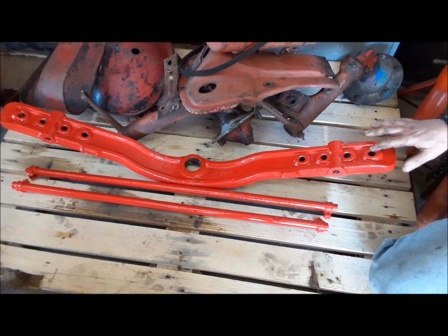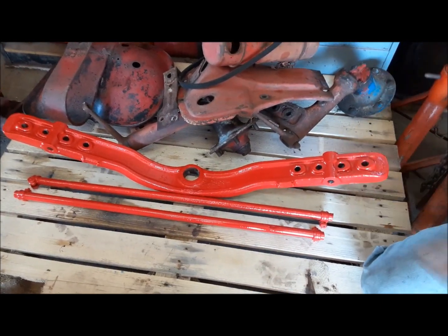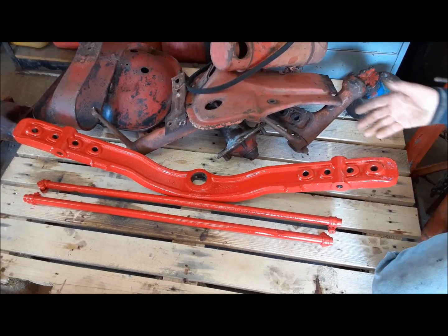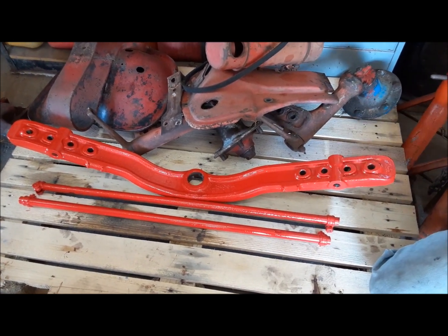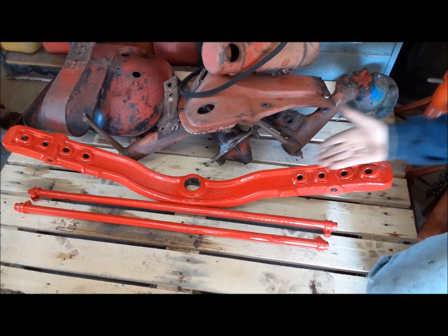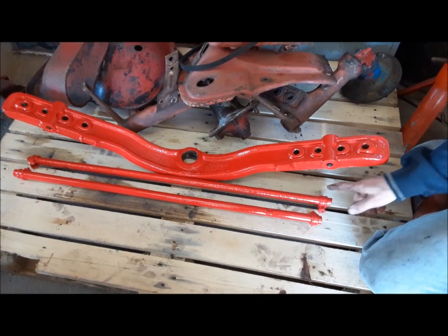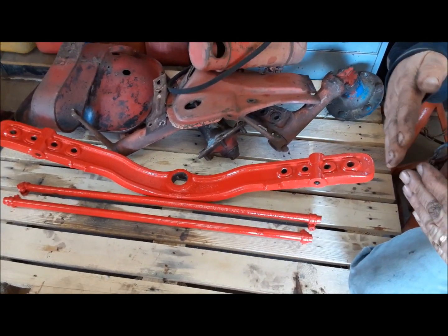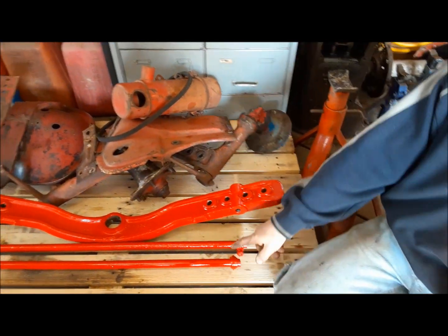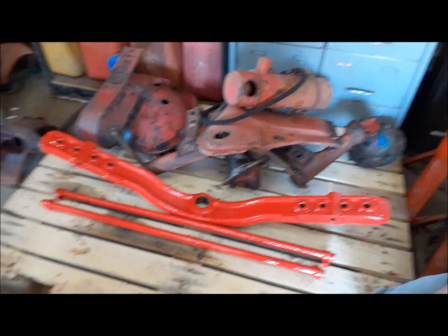So these tractors, all the Fords, the little Fergusons, they have what we call a swept axle. You can see it's like a gull wing. And the purpose of that is so that you can adjust the track width of it by moving these, we call them the knees. You can move them in and out, but you never have to adjust the drag links because it's swept back. As the front wheels move further out, they also go further back so that your front end alignment stays correct. Unfortunately,